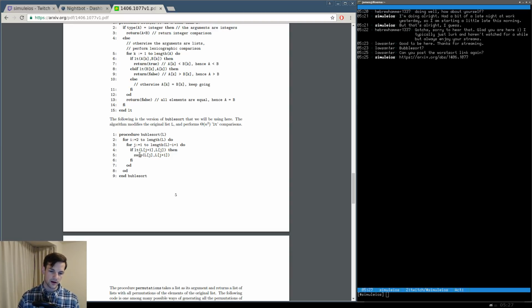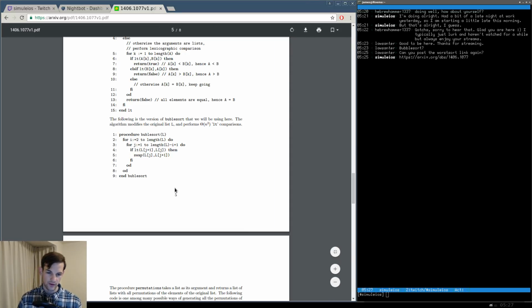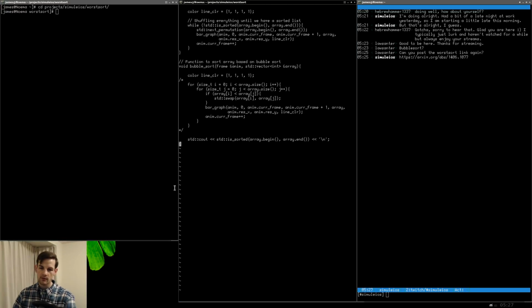So we do, basically, if these two are less than the other, we swap them. That's all we need to do. So I guess we're just going to go ahead and do that. Now, what did we have up here? We said first